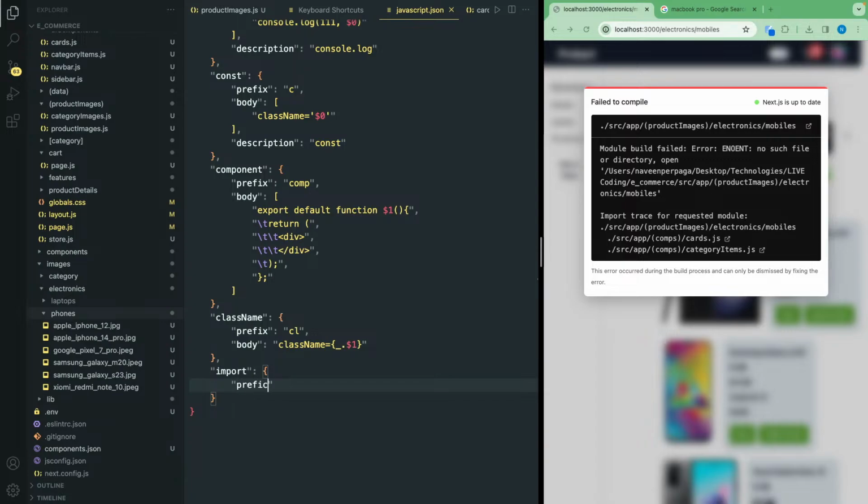Its prefix should be simply IM, and body should be, for now, import one, and from, then actually it should have